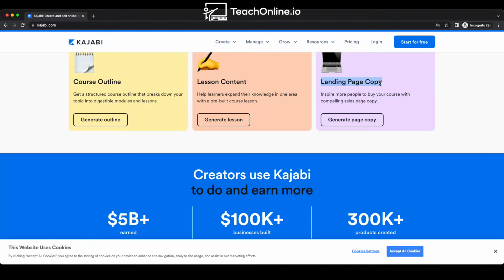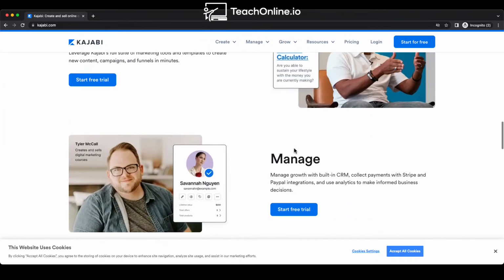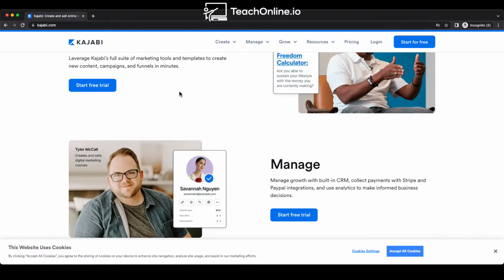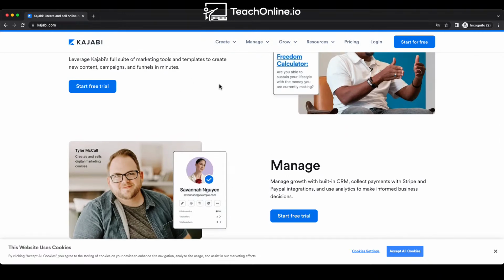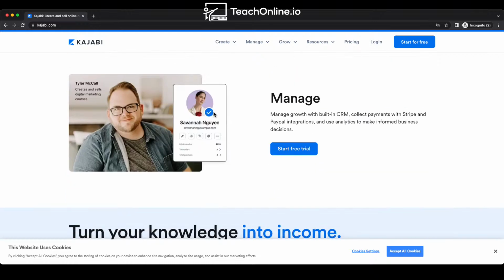What that means is once you've created the course, not only can you sell it and deliver it, you have a sales page that you can use to persuade and influence people. It's all about creating and growing: marketing tools and templates, funnels, campaigns, and content. So it allows you to do some additional work in terms of the marketing.